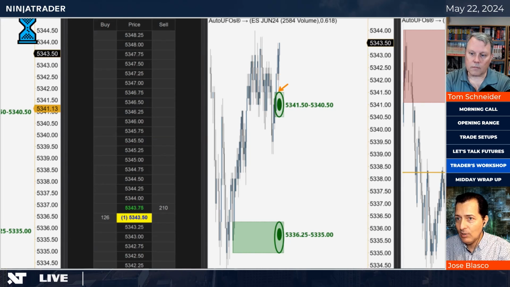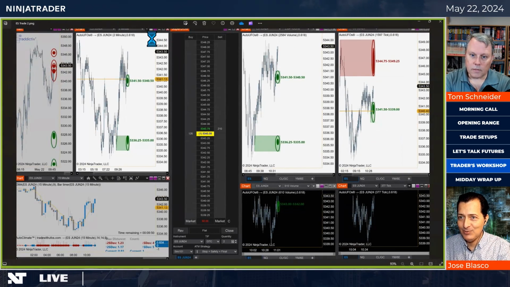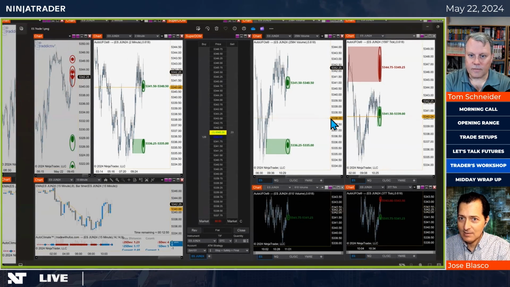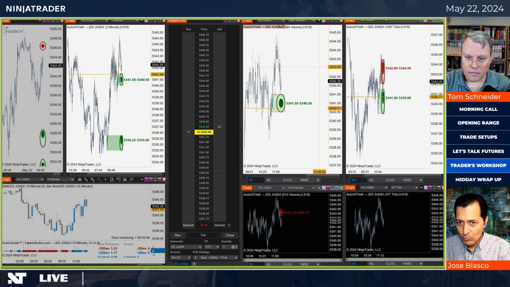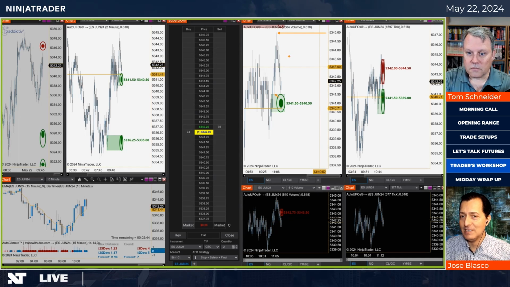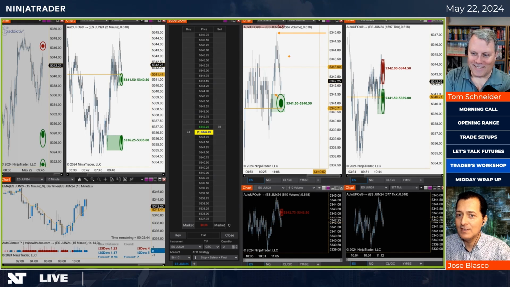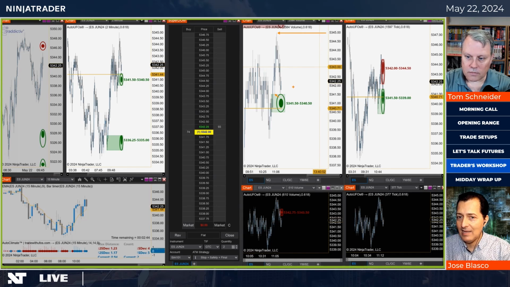So this is how it looked like right before I came into the room to be connected with all of you. And if I was to minimize those screenshots and go back to the real-time NinjaTrader platform, we can see how the move that started here went as high as almost 45. So it was, I mean, not the best trade of the year, but it was a nice intraday move in and out with a relatively decent reward to risk ratio for an active, fast style trader to be in and out quickly. That's great.